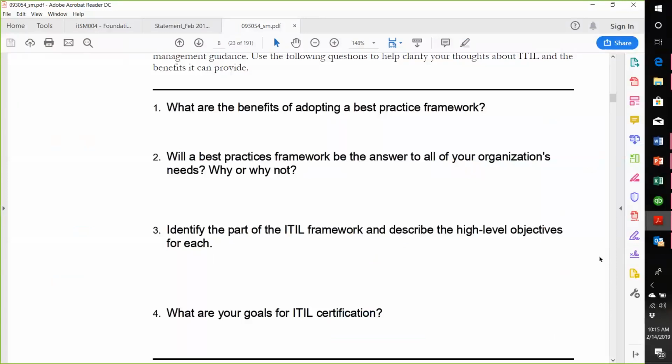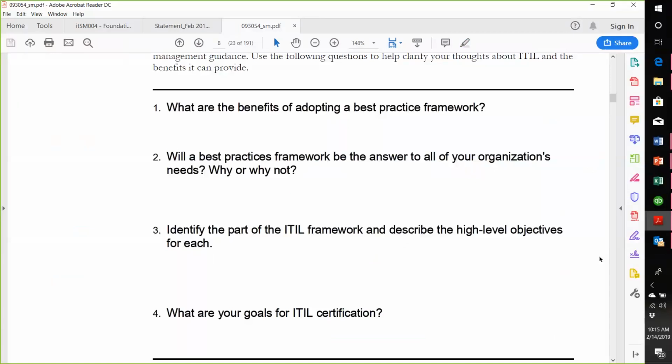questions that we lay out for this first section, again, appear in the student's book similar to what you see in front of you here, right? And so these might allow you to have kind of a short discussion with your students. Why are we doing this? Why is your organization interested in adopting a best practice framework? How does this help us, right? Is this going to solve all our problems? Of course not, right? We're going to eventually have to be able to adapt this appropriately to our organization's needs.